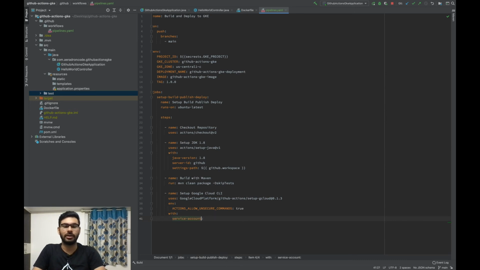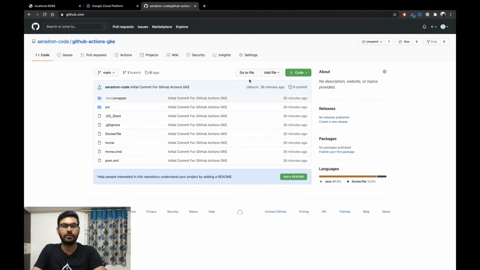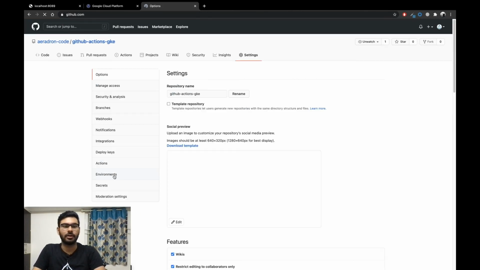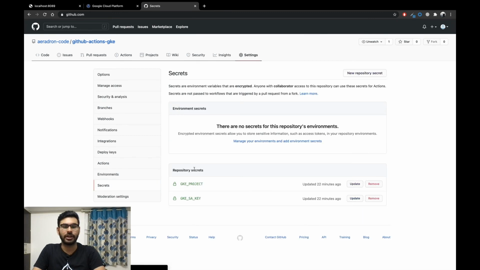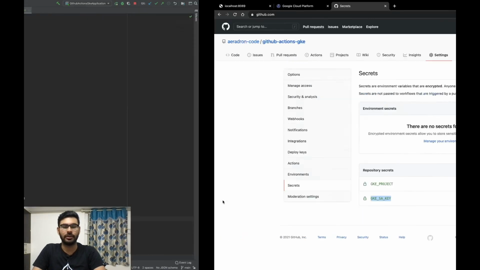So the service account key that we have is the key that we have defined earlier. So that key that we have defined in the repository GitHub secrets. So we'll get it from there, secrets dot, the name that we had given was, we can check it here, our secrets, and we can check the name that we had provided, GKE SA key.